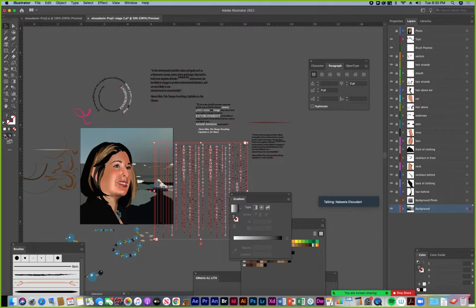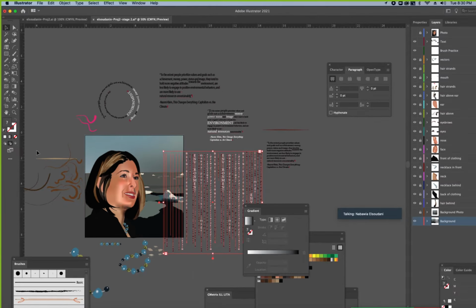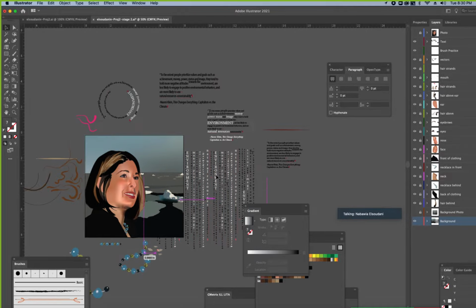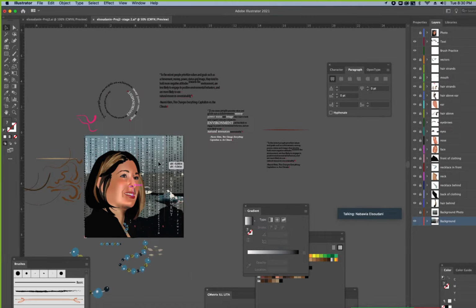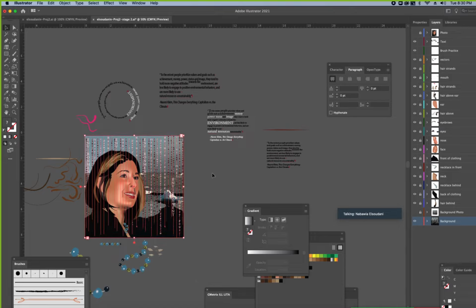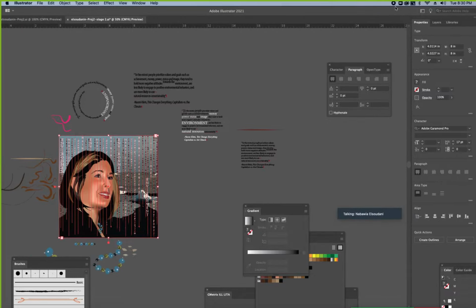And oops, I'm on draw behind, so it's putting everything behind. So let me not do that. I'm going to get it back to draw normal, and I'll bring this to the front, Command Shift right bracket. So this could kind of be a backdrop of words here that I can play with so that they interact with the colors in the background. So while this text is selected,